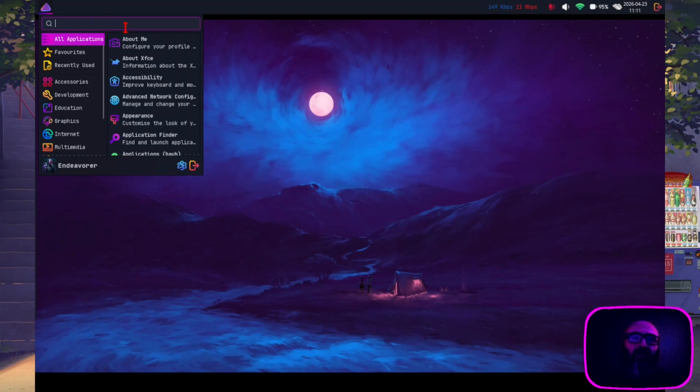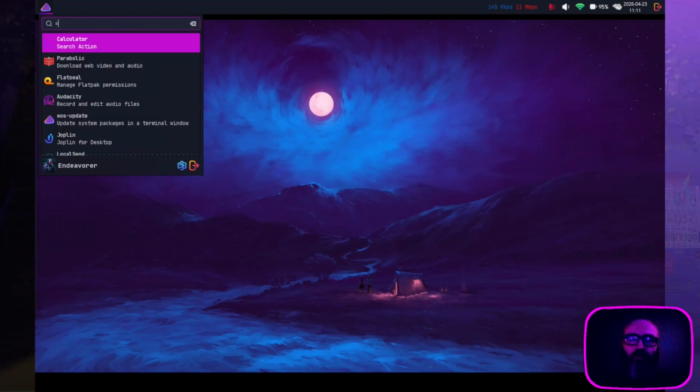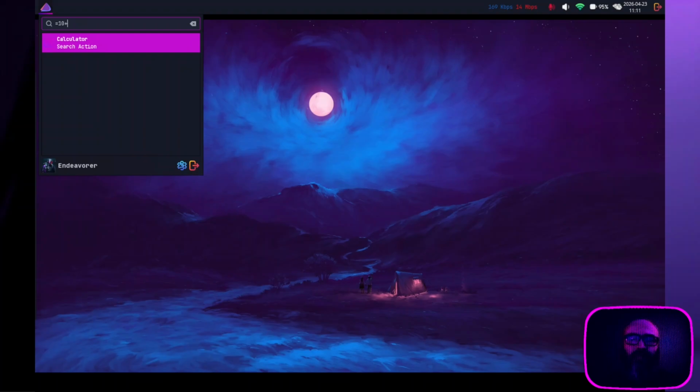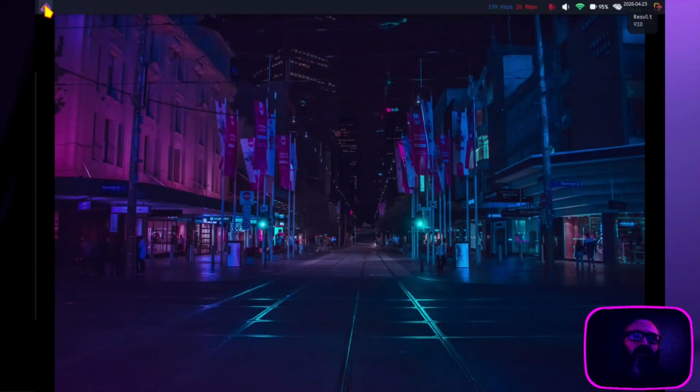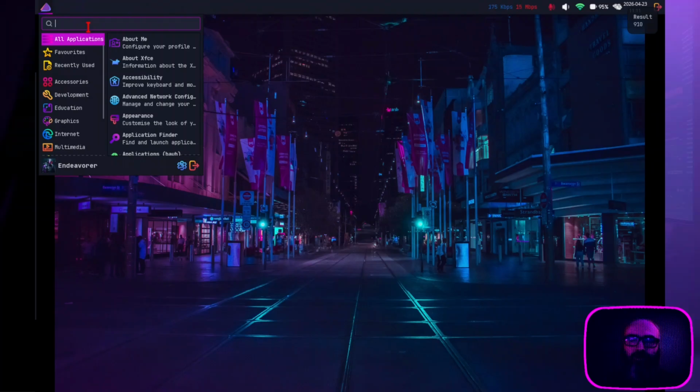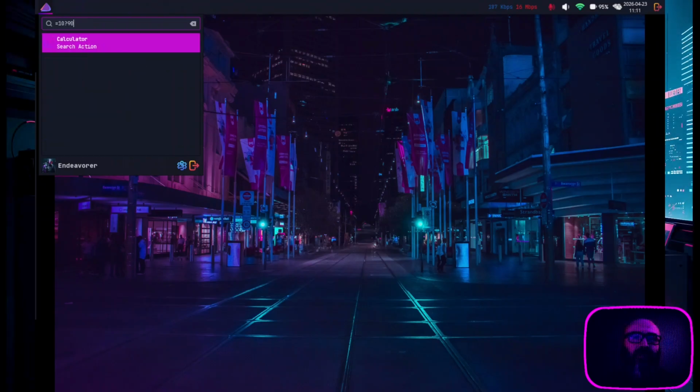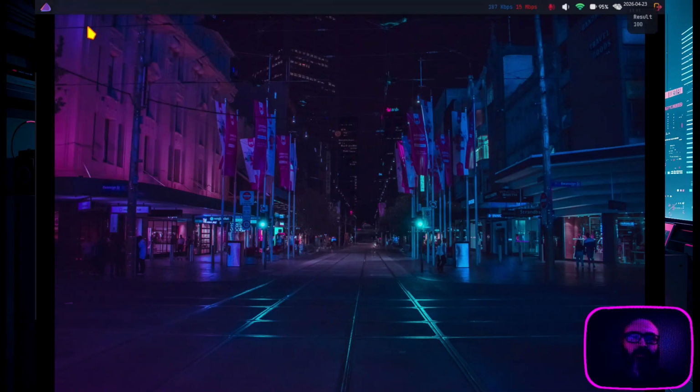For example, the Whisker menu, the application launcher, does not have a simple math function to it, but I enabled one. For example, you can do 10 plus 90 times 10, boom, 910. And another one equals 10 plus 90 plus 90, boom, 190. You can see the result up here in the corner. Anyway,